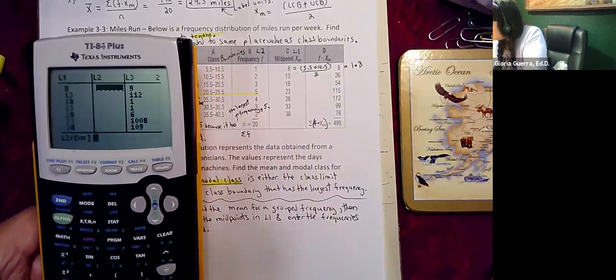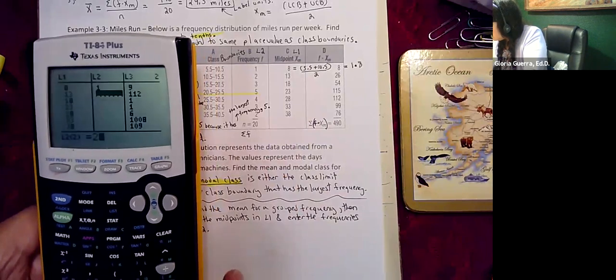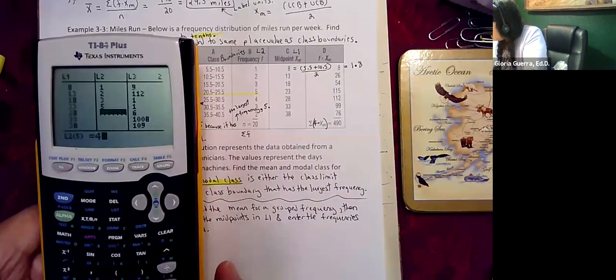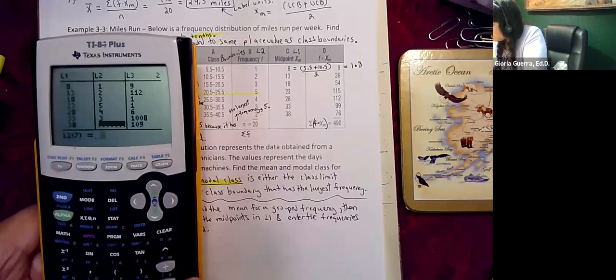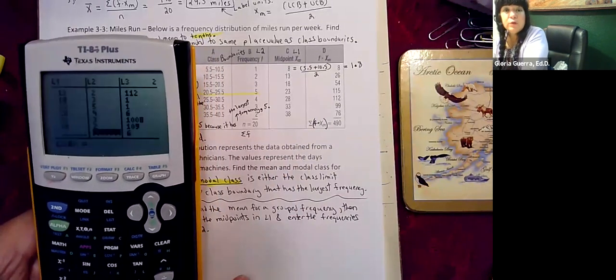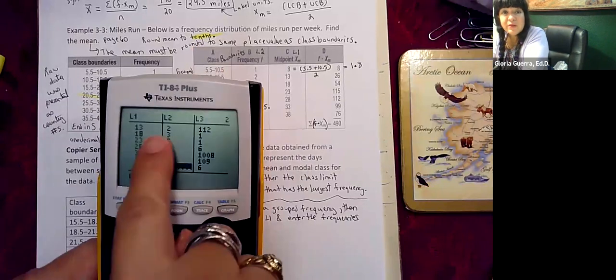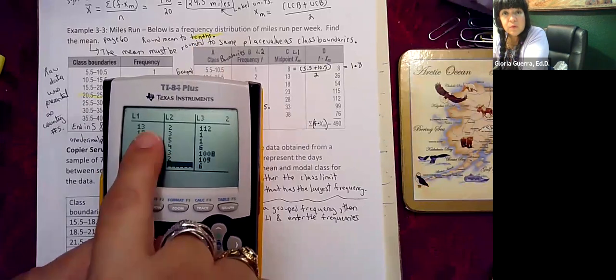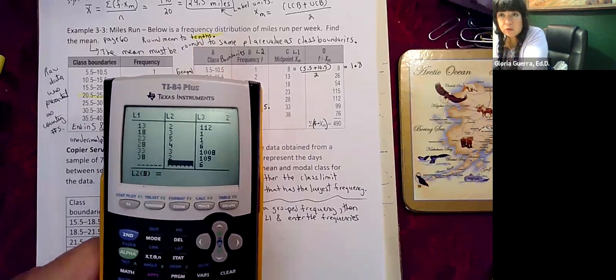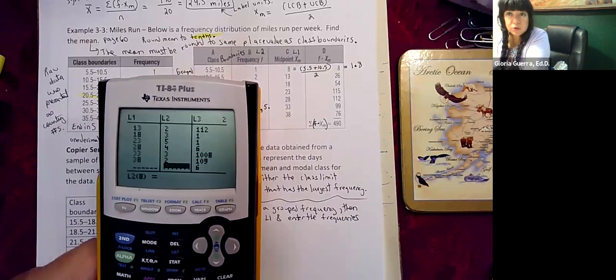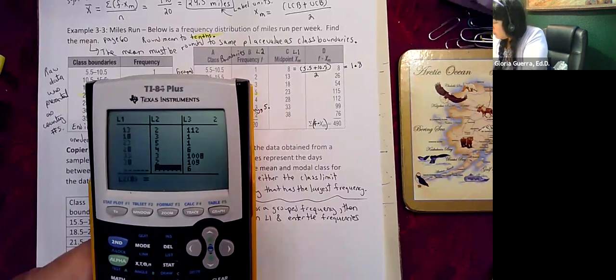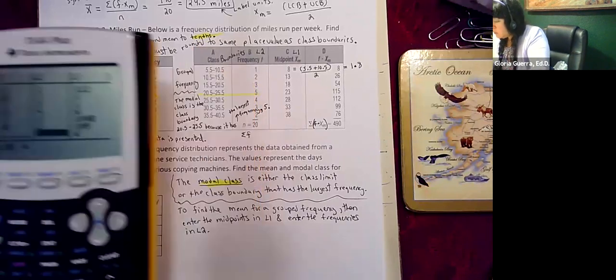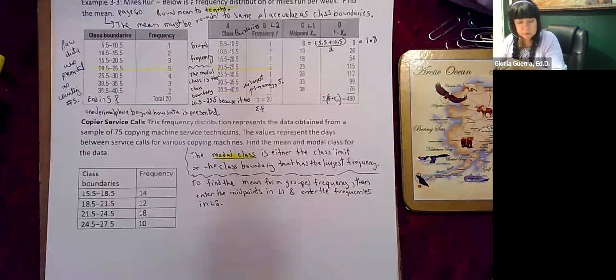So 1, 2, 3, 5, 4, 3, 2. Yeah, and again, you cannot have a mismatch. You should have the same amount of data in both columns. Okay, and you should double check, make sure you don't have an error. Okay, all right, so then after we do that,